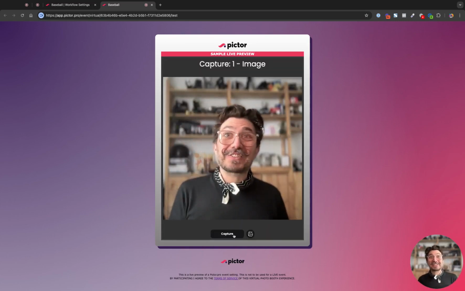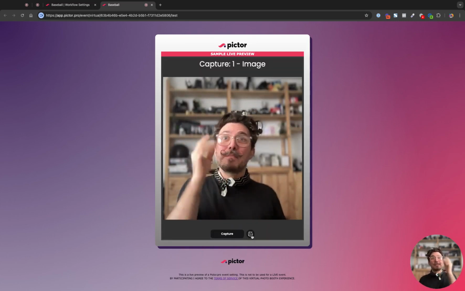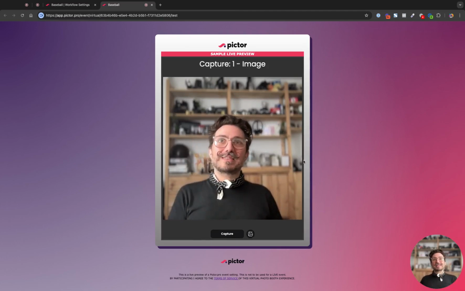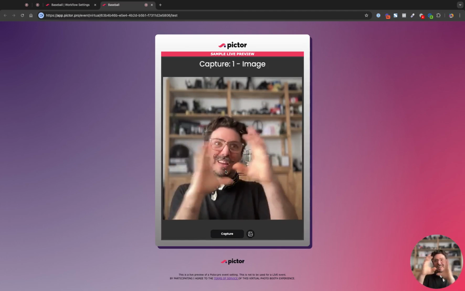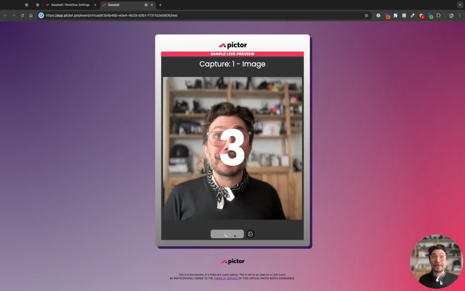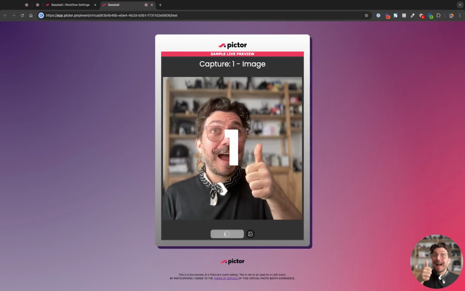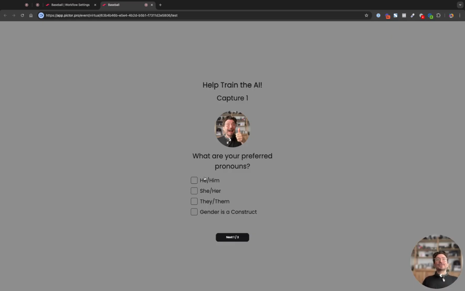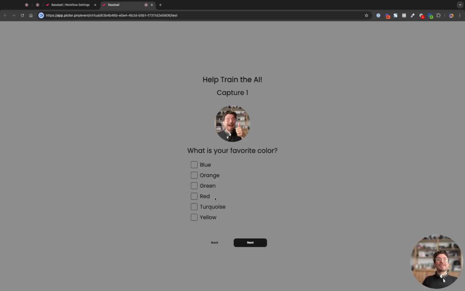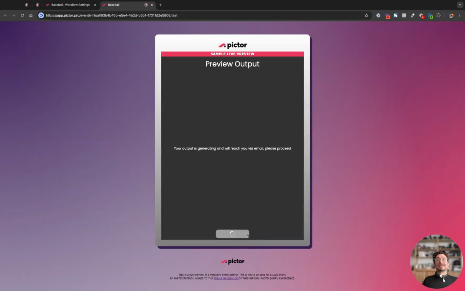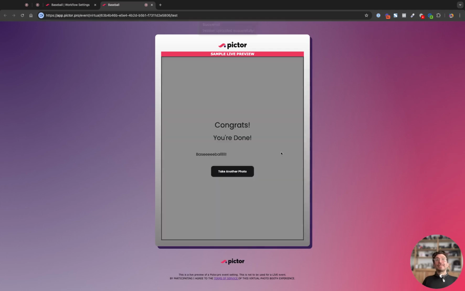Go to next. And let's go ahead and take that photo. So you can upload a photo, but if you're going to upload a photo, you want to make sure it's the same ratio as the capture, or it's going to get squishy later. So I'm going to go ahead and take a photo here. I'm going to choose my gender. Let's do red. And that's it. So when I click next here, we're going to get that congrats page that I made, so we know it's done. When I hit here, take another photo, it's going to go back to the top, and you can do it again. So in a moment, we're going to bounce back to the other page,